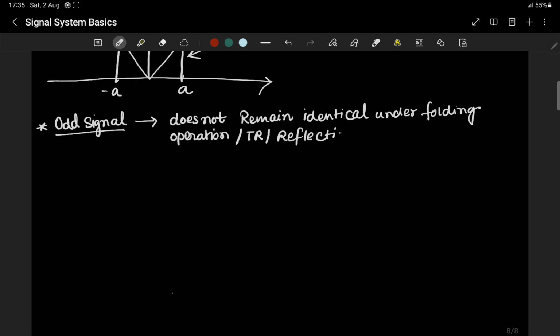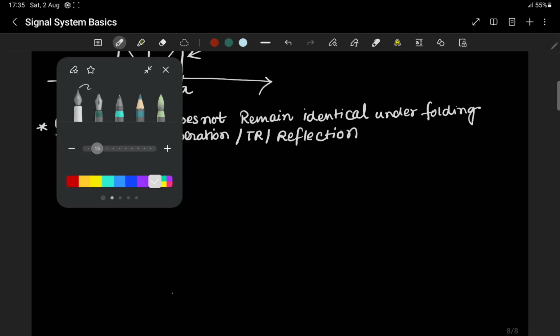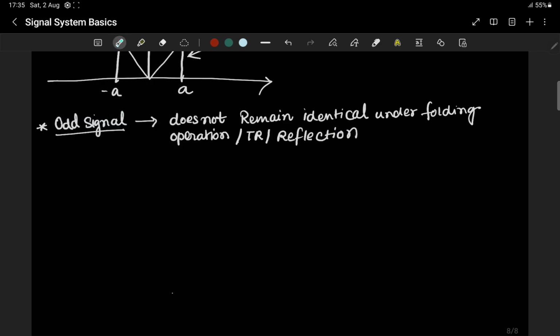So what is the equation for it? x(t) under time reversal, x(-t), is obviously not equal to x(t),